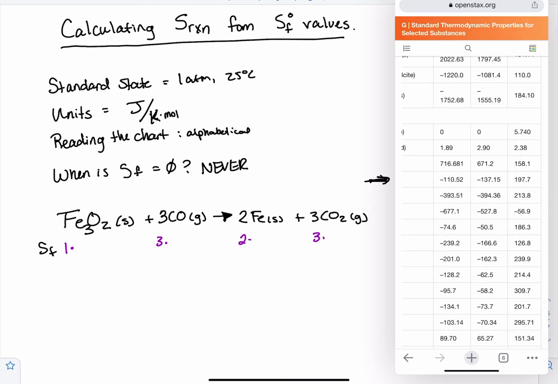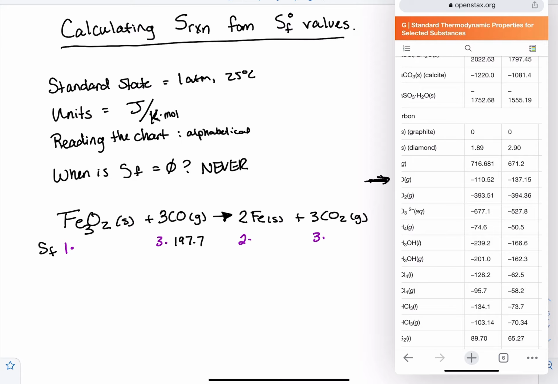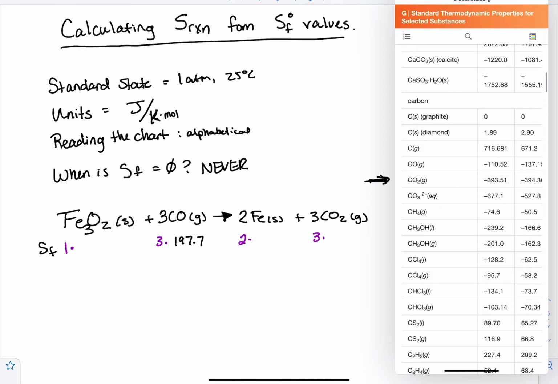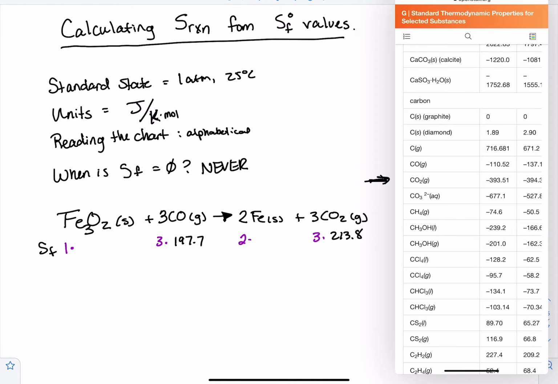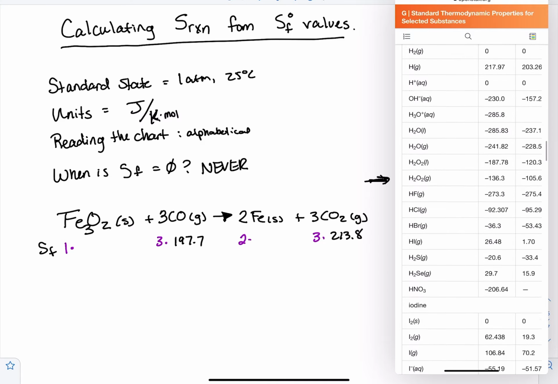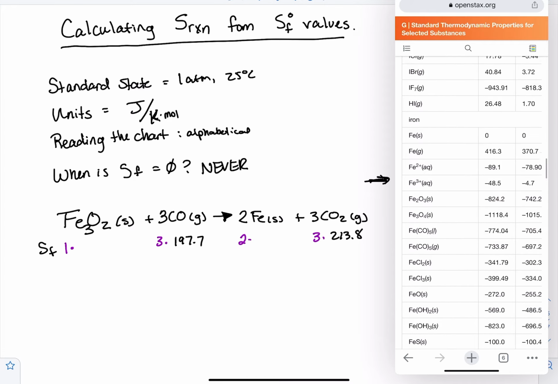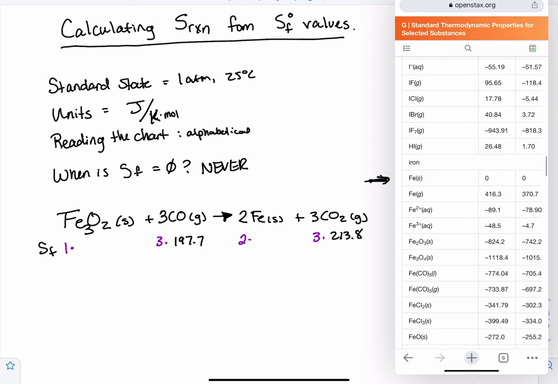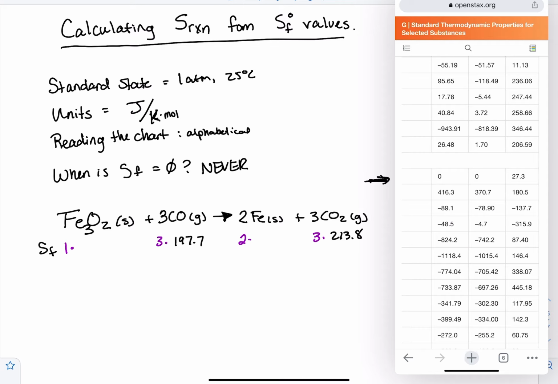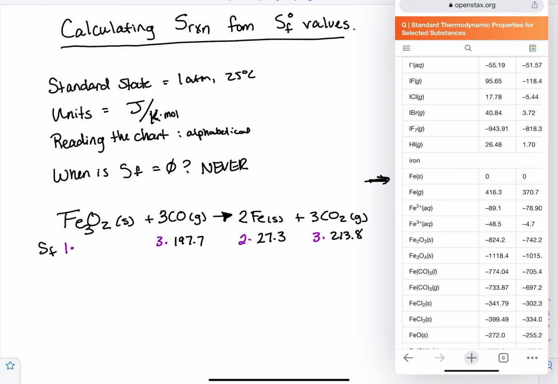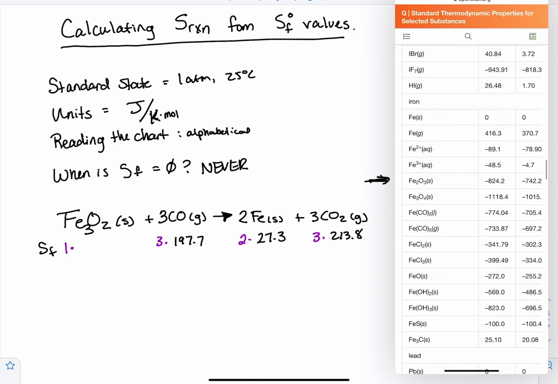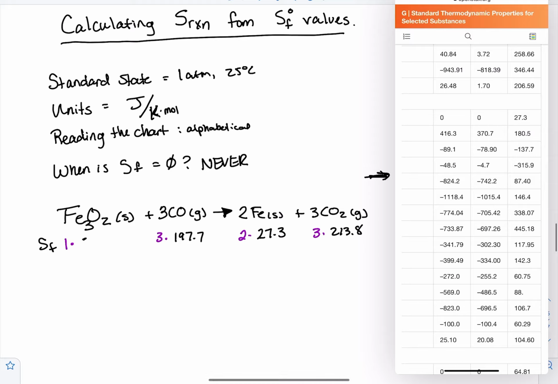So that value is 197.7. And then I have to find CO2. It's just below it. Scroll that one over. So that's 213.8. And I'm going to find my iron. I'm going to scroll fast to get to the I's. Iron. And then I need Fe as a solid. And over there, its value is 27.3. And then the Fe3O2, this value is